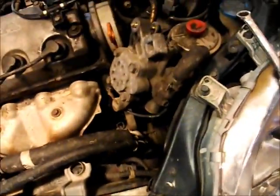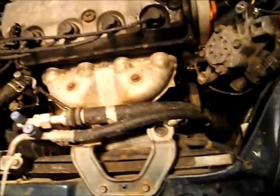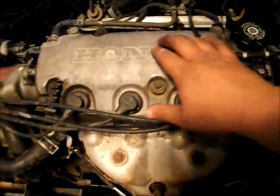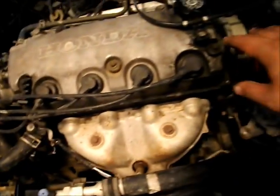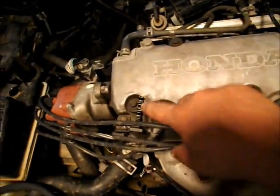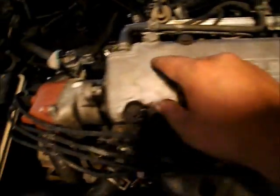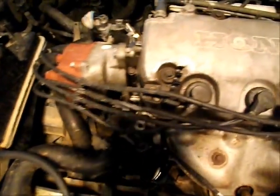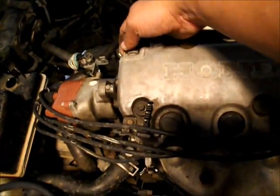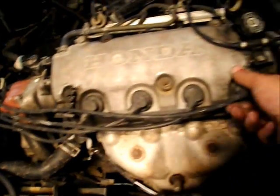Once you get your power steering pump off, the next thing you want to do is take off your valve cover gasket. Your valve cover gasket is held by 10 millimeter bolts. You've got 1, 2, 3, 4, 5. You want to take this little clamp off and pull this hose off, and you want to pull the spark